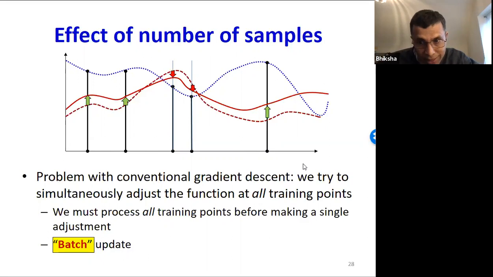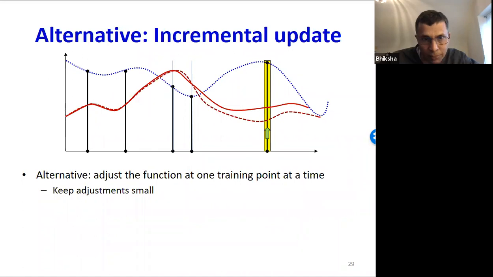The problem is that we have to simultaneously try to adjust the function at every one of these training points, which means that before each update step, we must process the entire training data to find out the mistakes that are being made at every single one of these points. And the number of training data could be in the millions or even the billions. So this is a large computational load. Now, an alternate approach is to adjust